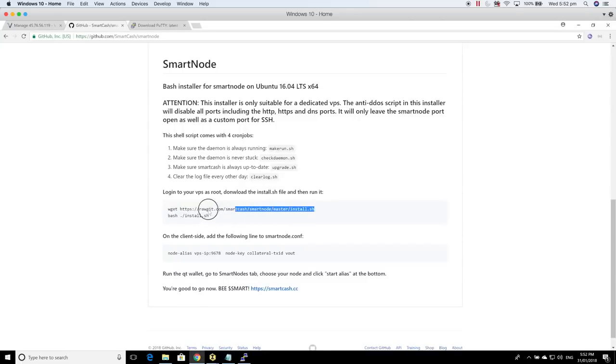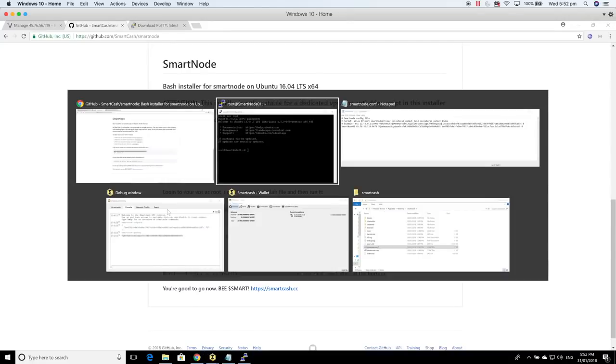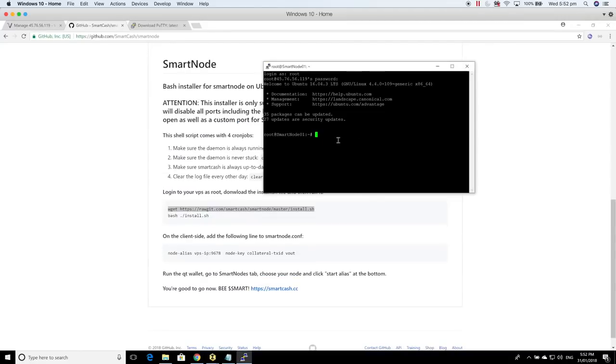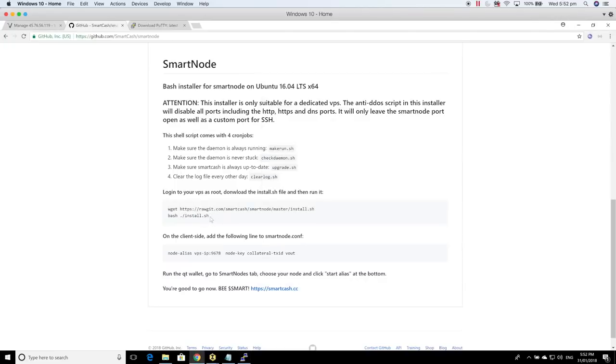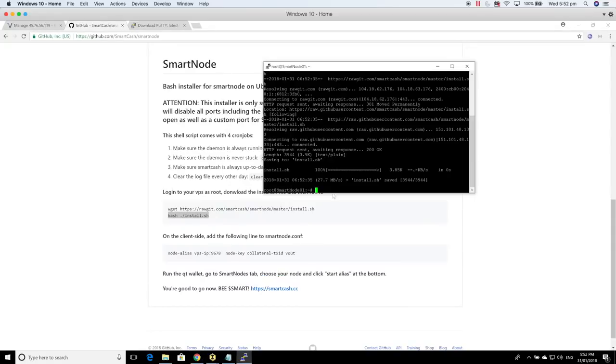Okay, so first thing I'm going to do is download the install.sh file, and to do that it's the wget command. So I'm going to paste that in there and enter, and then I'm going to call the bash install by copying this line and pasting that one in there, and then this is going to get everything ready for us. So when I press enter,